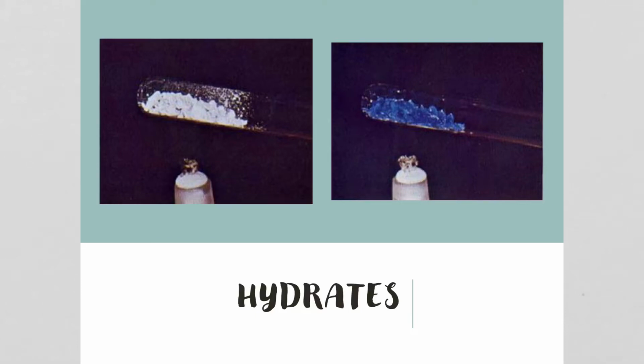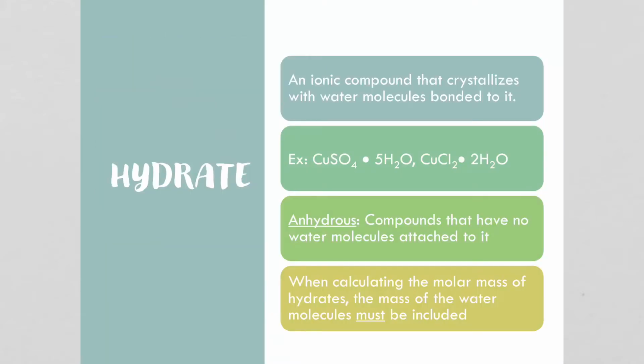In this video lesson, we're going to learn about hydrates, and we will learn how to determine how many water molecules are attached to a hydrate. A hydrate is an ionic compound that crystallizes with water molecules bonded to it. So when it forms its crystal structure, it isn't just the formula units of the ionic compound, there are water